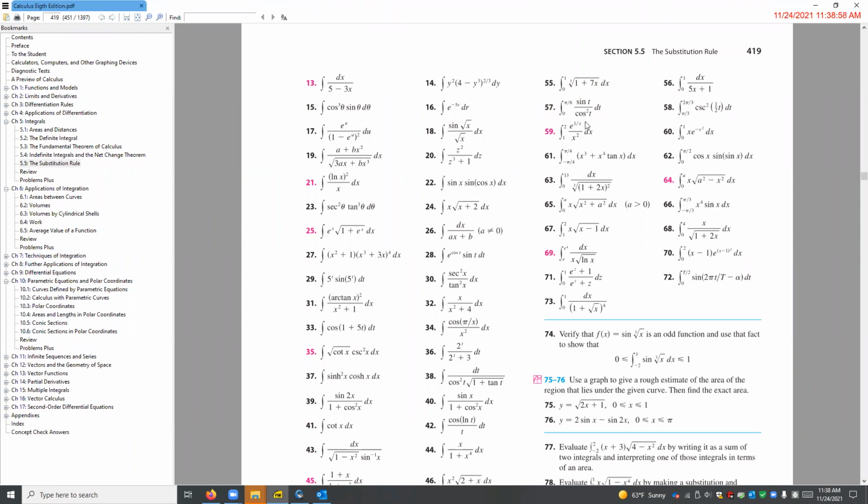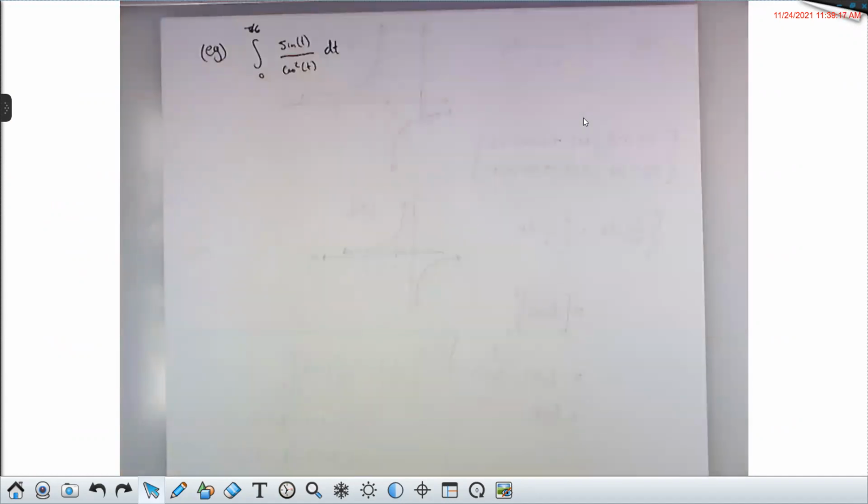So the integral from 0 to pi over 6 of sine t over cos squared t. This is one of those integrals that you could actually do a number of different ways. You could try rewriting this as secant times tangent. It is that, right? 1 over cosine is secant, sine over cosine is tangent. And you can get there without substitution. But since we're practicing substitution,